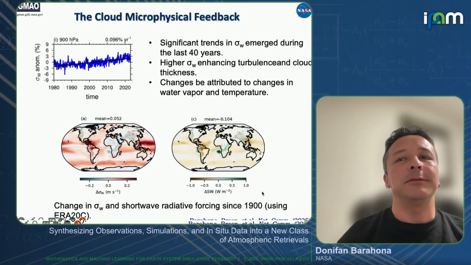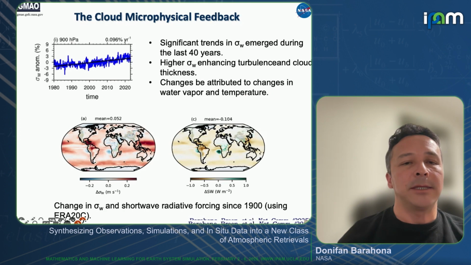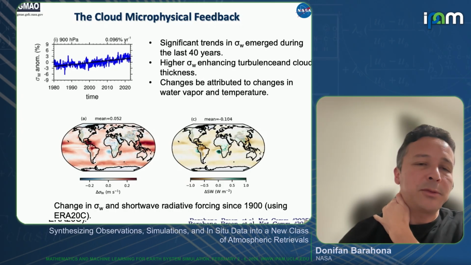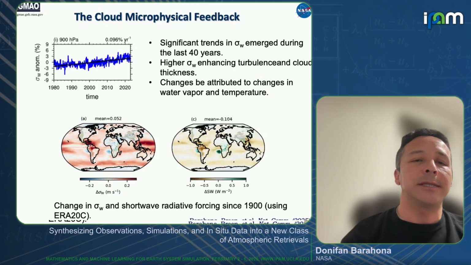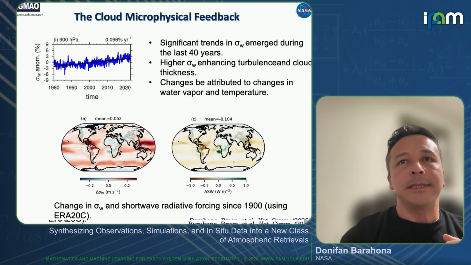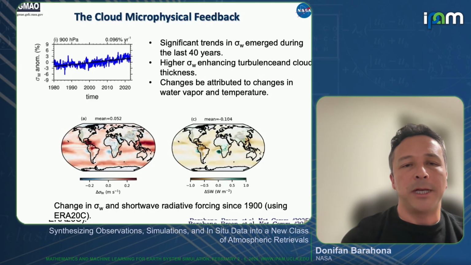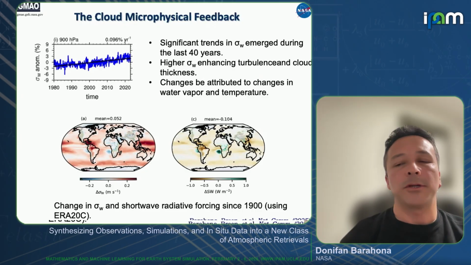We went back all the way to the 1900s using a reanalysis, in this case, ERA-20C. And what we found is that that's actually quite significant. There's been a generalized increase in sigma W over the whole globe, and that translates essentially into a minus 0.1 watts per square meter cooling that is being put as an offset, let's say, of global warming. And that's still pretty small. The forcing by CO2 is about 2 watts per square meter, probably around there. So it's still small, but it's something that is probably adding uncertainty to our estimates, and it's probably going to change in the future.